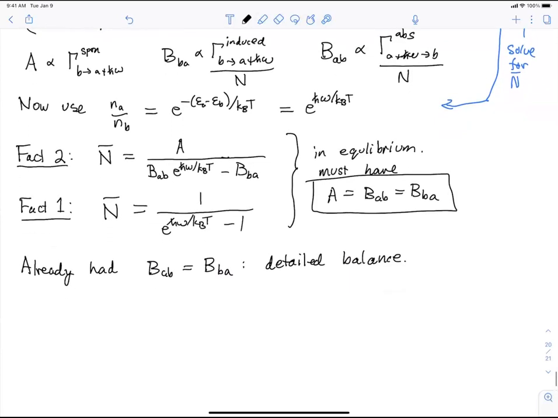So that is good. That's showing us that statistical mechanics is in agreement with the calculation we already did. But now we get a new fact. This is Einstein's idea. Since A is equal to BAB, if we think about how that translates here,